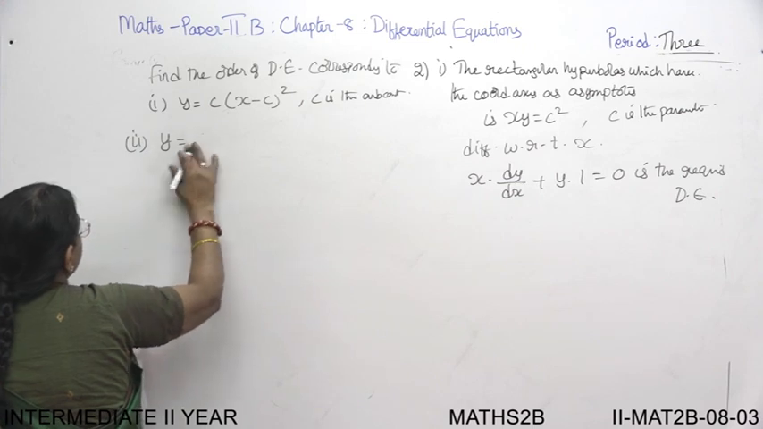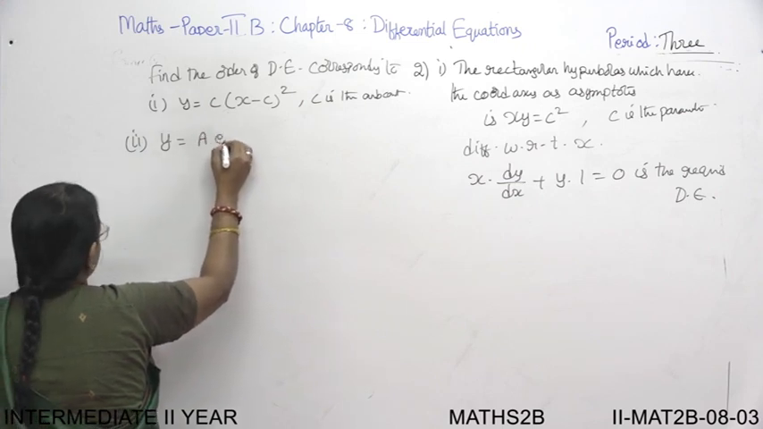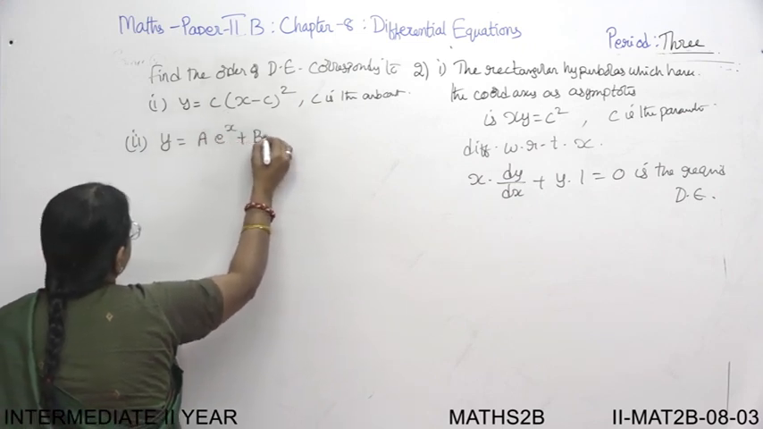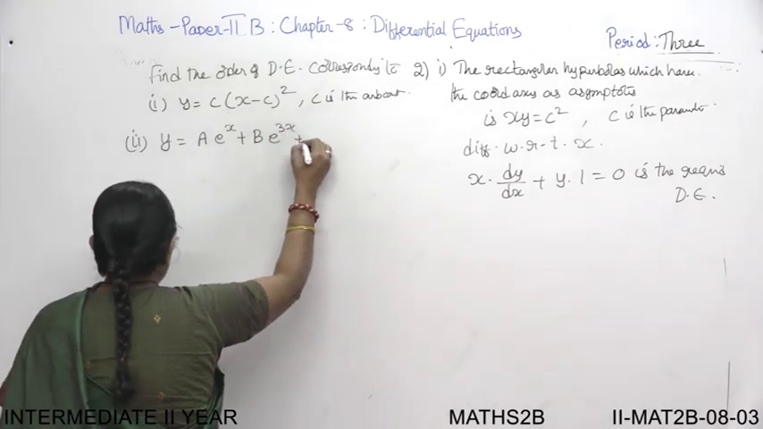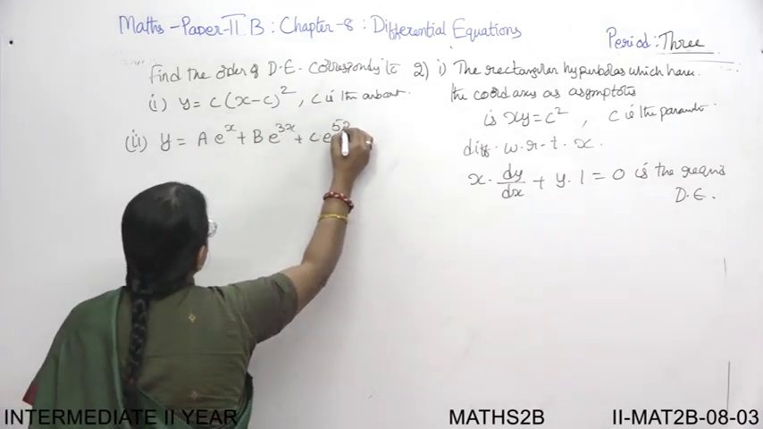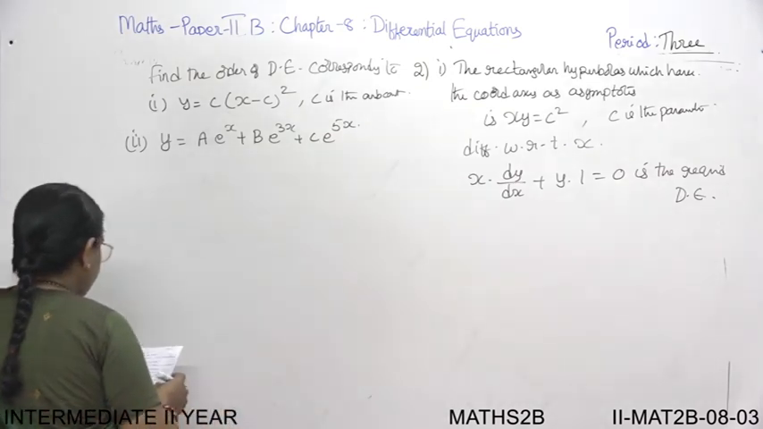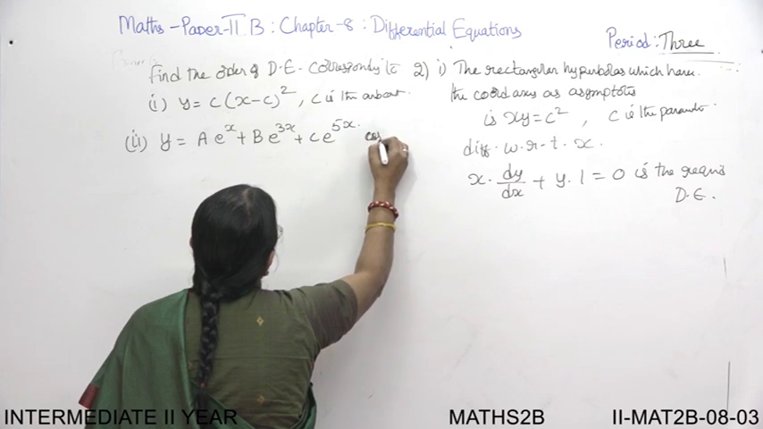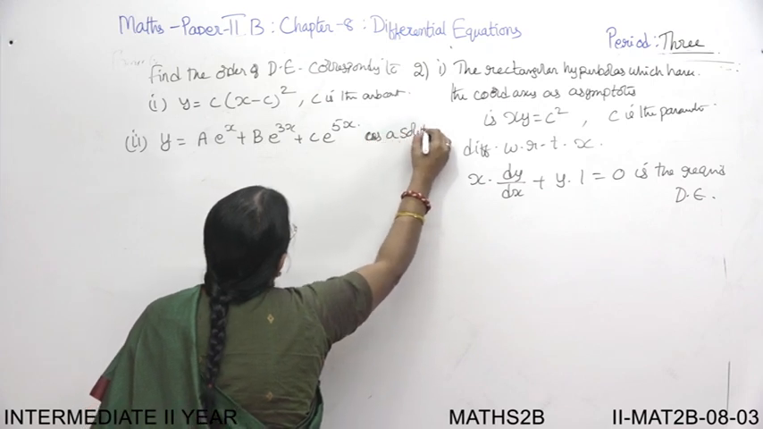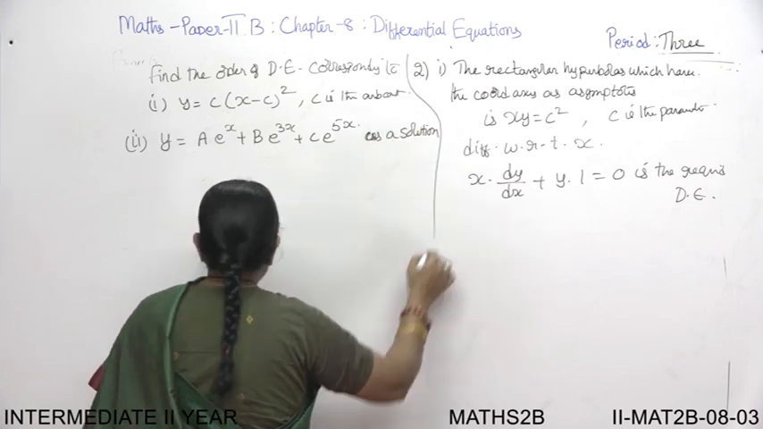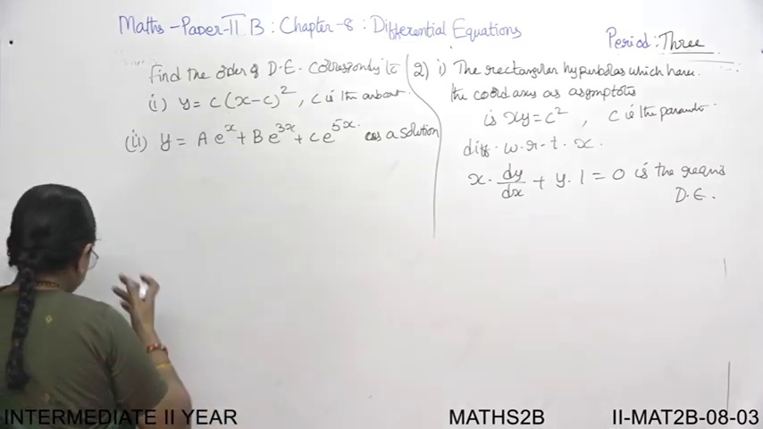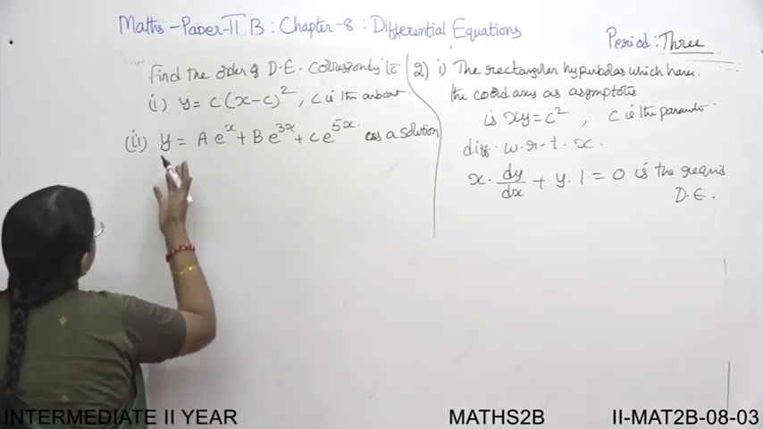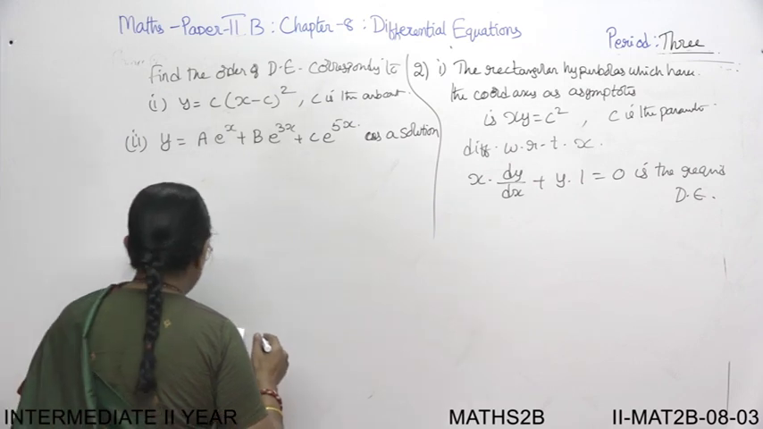These are all example problems. Y is equal to a e power x plus b e power 3x plus c e power 5x. This is a solution; find the differential equation corresponding to this as a solution. You can try these problems. Next is the same. Find the order of the differential equation corresponding to